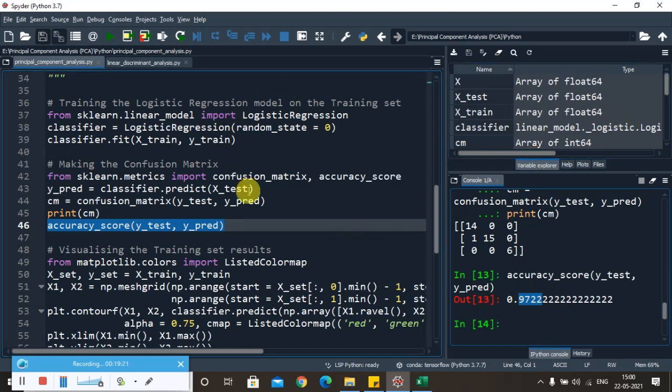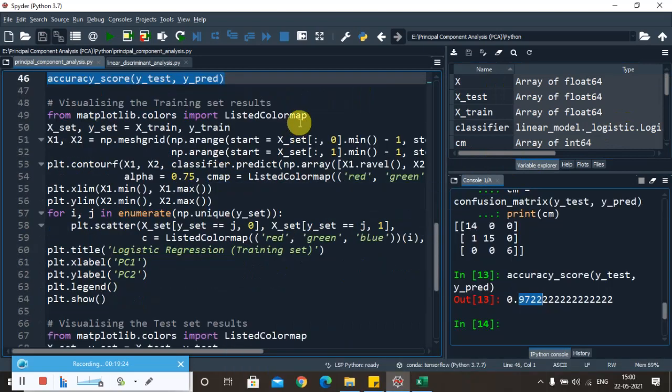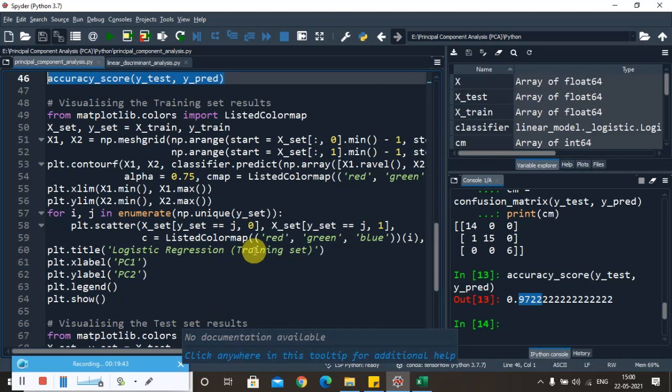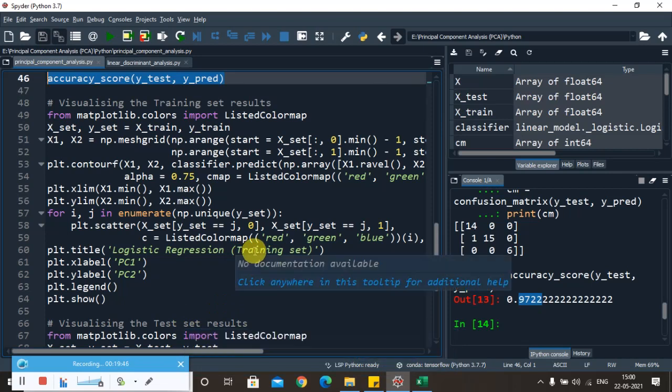Now after that, we are going to try to visualize the training set results. To do that we have to write this code here. We are making use of the matplotlib library, and we are going to import a class called listed color map, through which we are going to visualize each and every segment. In each segment we'll be able to see the different alcohol to which it belongs. Whenever you bring any new alcohol, a new wine, we will be able to tell what kind of customer segment this particular wine belongs to. So let us try to visualize it.